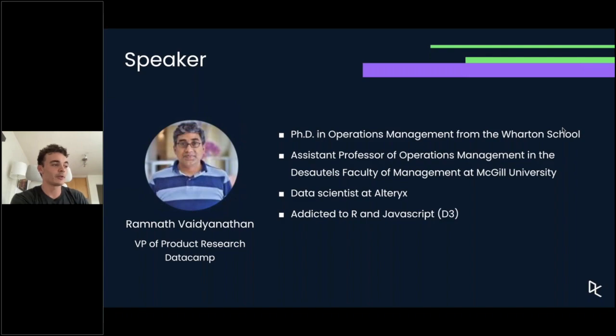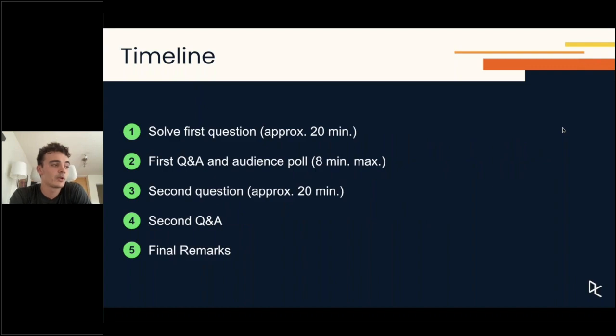The first live code along is divided into several parts. First, the speaker will solve the first question of the template and also showcase already some features about Workspace. After this part is covered, we will ask you to vote on the second question we should solve, and during this time, we will have a short Q&A. So we recommend you leave some questions on the side, for example, note on the line of the notebook which line you had a question, so we can further address it in the Q&A.